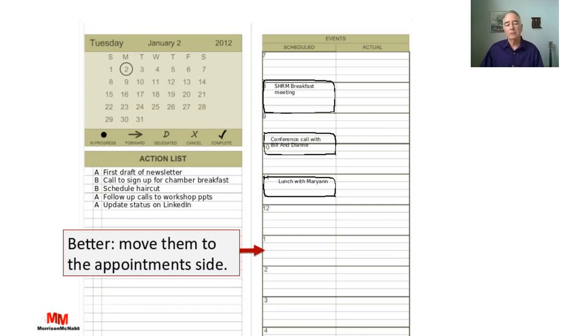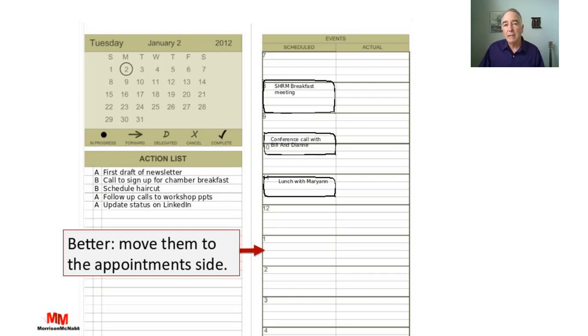And as I started to mention earlier, better move those into actual appointments. So when it comes time, here's a whole big open spot on my calendar, you're going to do one of two things with either one of these systems. One, you're going to pick an A because it's important to you, but sometimes those A's I don't feel like doing, right? And so your tendency is like, well, maybe I'll just schedule my haircut instead because that's easy.